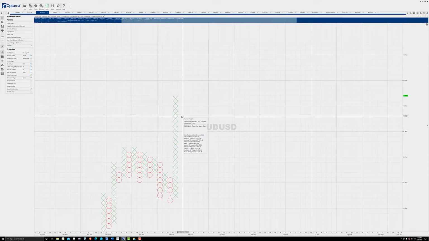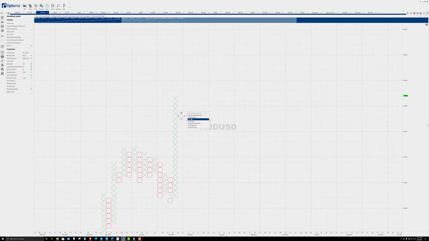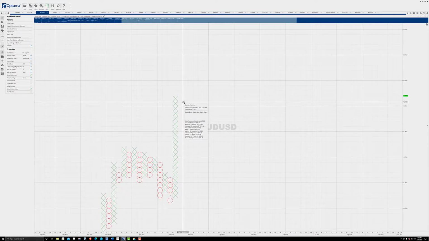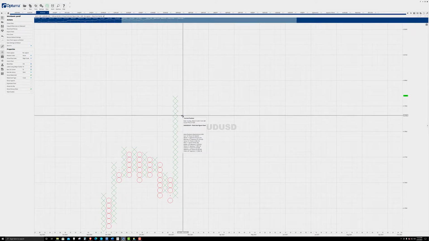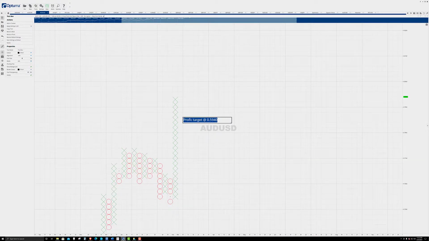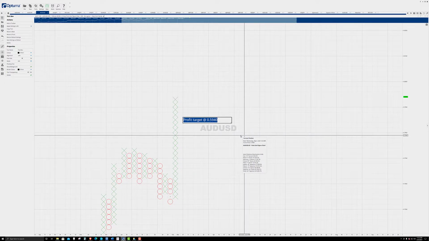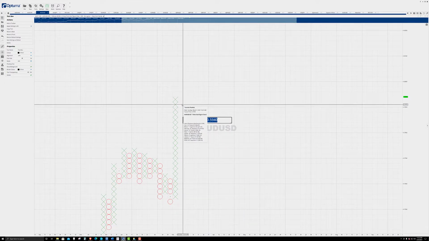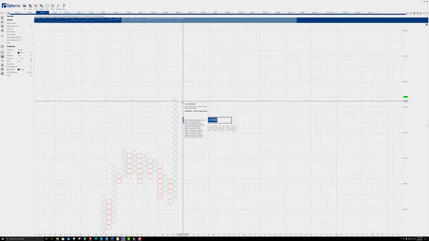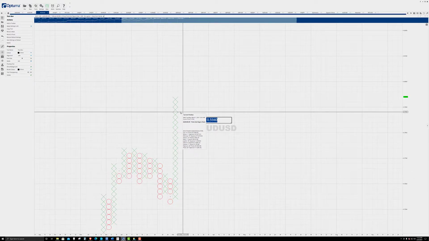And from a point and figure perspective, in the text box there, we would look at a short at 79.20. Is that right? 1, 2, 3.